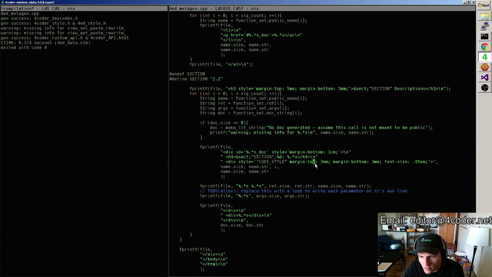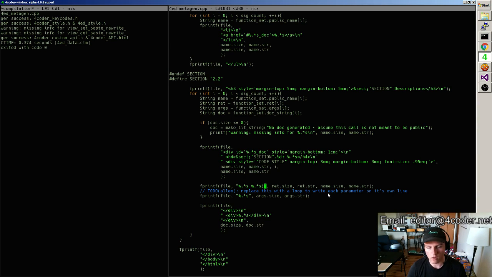Code style, here it is. So right here, okay, this is actually something I pulled out for myself. So here's the return getting dropped out. Here's the name of the function getting dropped out. And then what I want to do is switch to saying, alright, let's manually put in a parenthesis there, and then